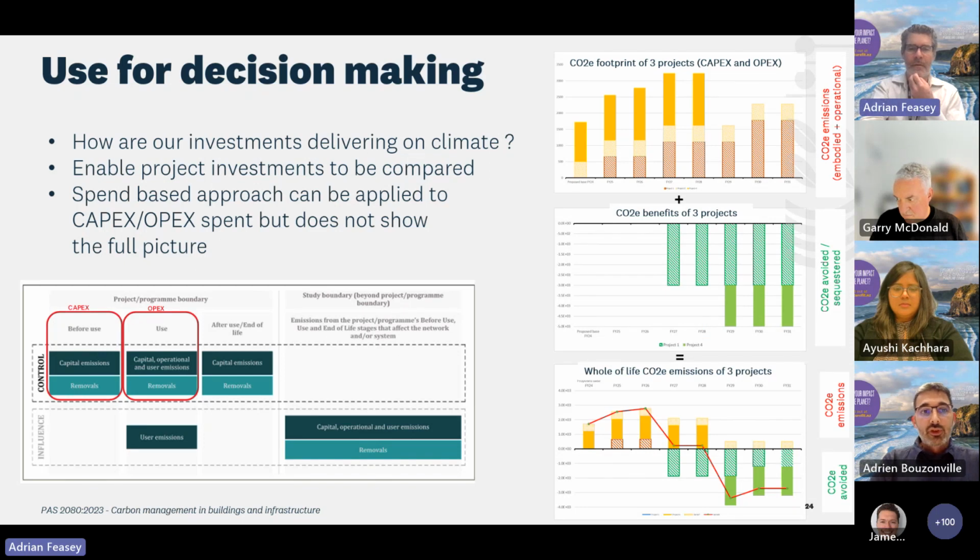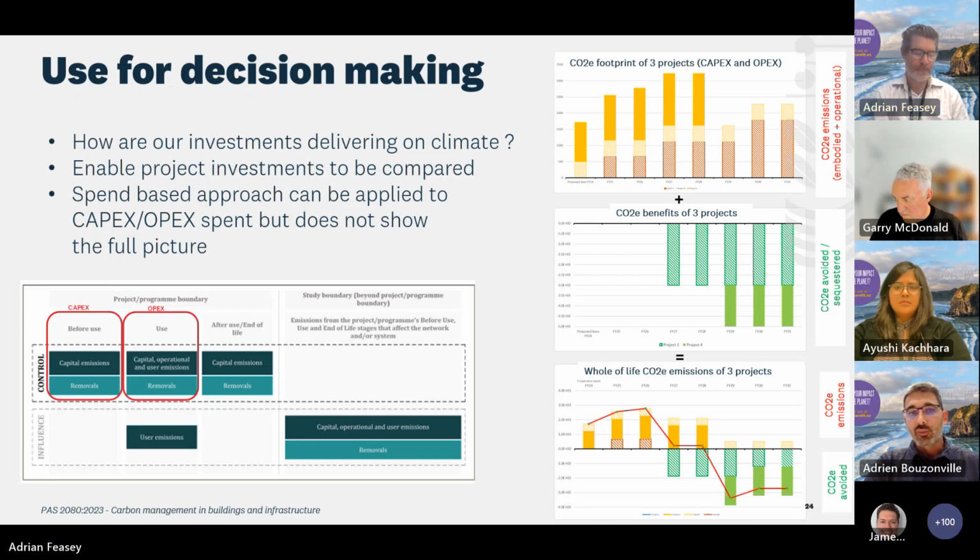So such a scope supports decisions over the overall benefits of the project. Is the project worth the investment compared to the expected benefits? This also allows some project prioritization. For example, here, the project in yellow in the middle generates greenhouse gas, but no removals. This may be acceptable if other outcomes are sought, such as safety, but if the primary purpose is to reduce greenhouse gas emissions, then this is probably not a good investment compared to the two other projects that are definitely